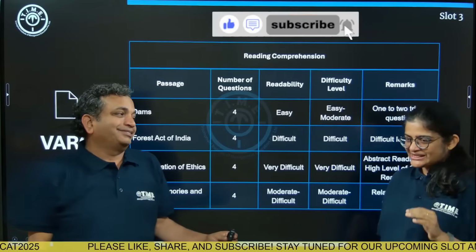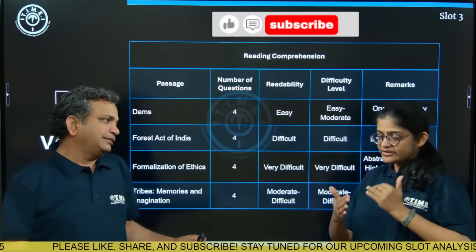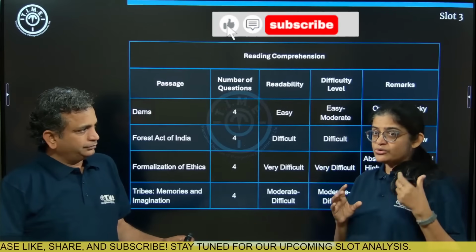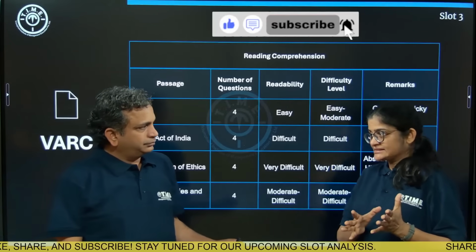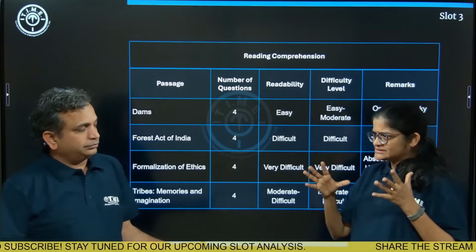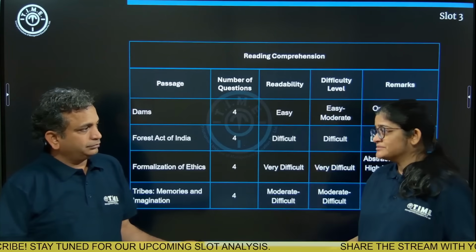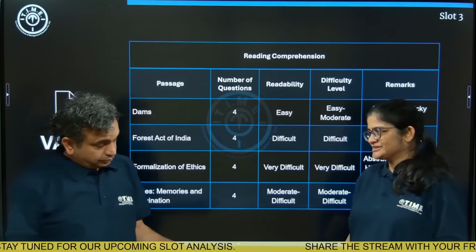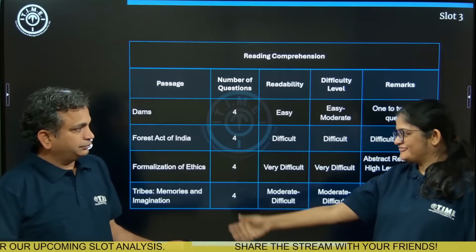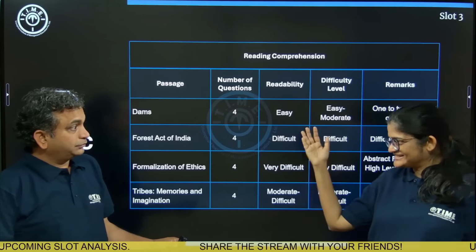Then it went into ethics, and again a very, very deeply layered kind of thing. Actually, it was about formalization: how do you formalize ethics in the context of AI? But then it went totally beyond AI. There was even utilitarianism and a question based on utilitarianism. And the funny thing is we actually have used this same passage in our material.